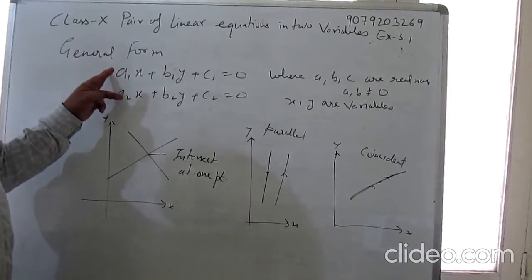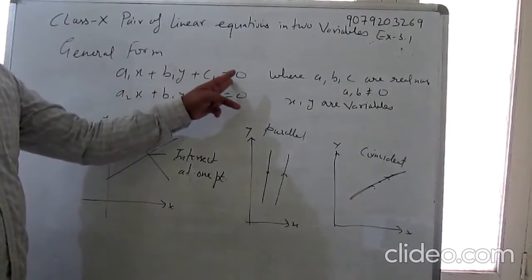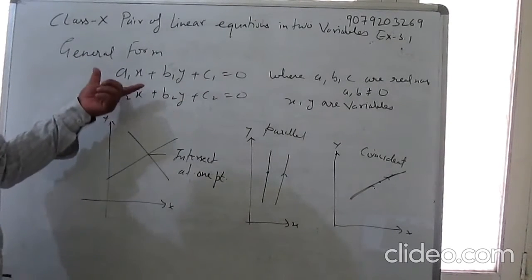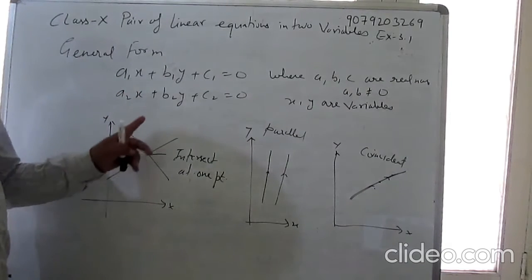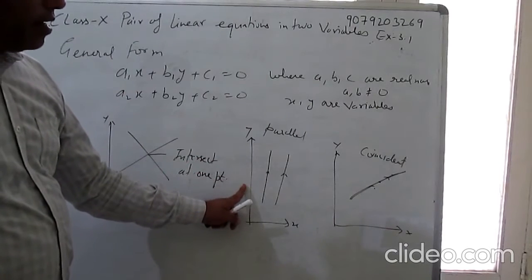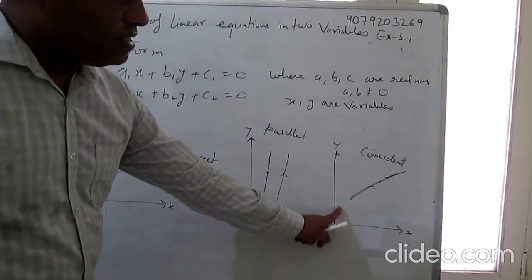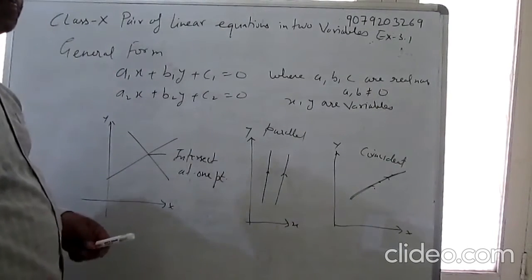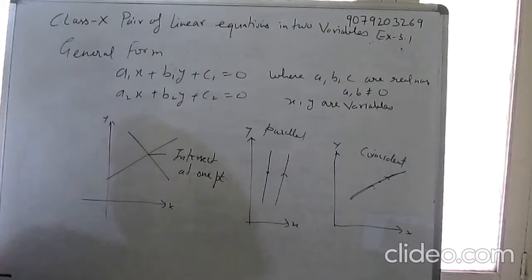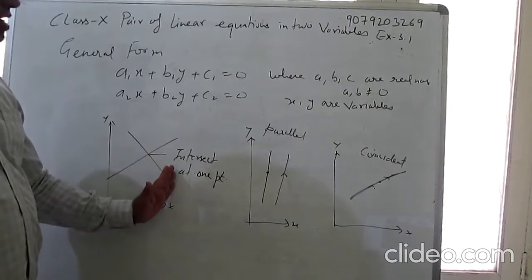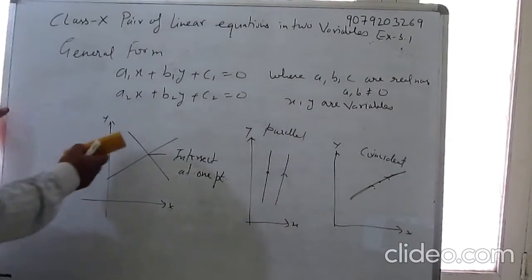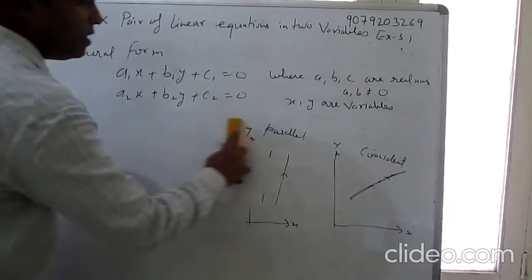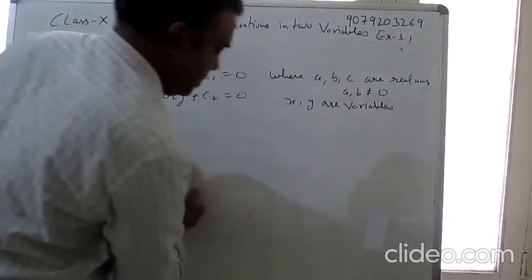In 9th class you have studied only one pair of linear equations. Now if you plot these two equations together in a graph, either the lines intersect at one point, are parallel, or are coincident. Now we can tell when the lines intersect, when they are parallel and when they are coincident. By using a table you can understand easily.